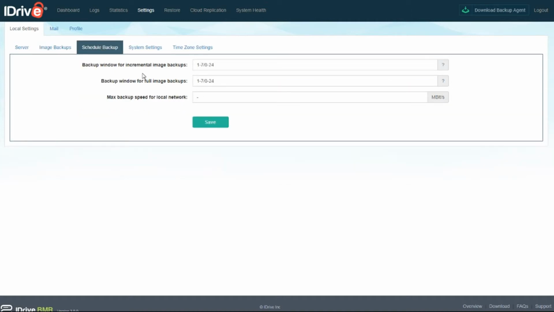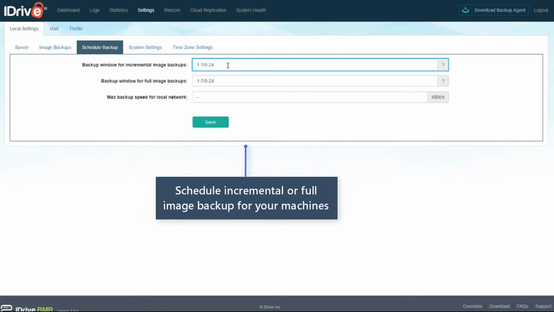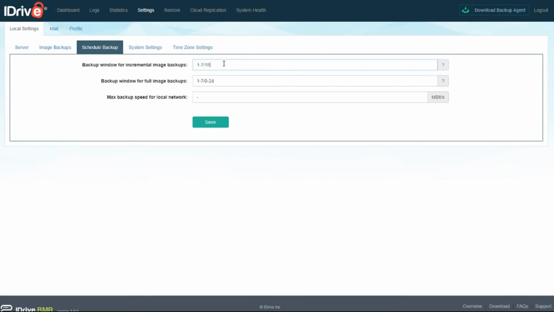Here you may want to adjust the backup window for your clients. By default, machines are allowed to back up at any time of day. However, if you wanted to allow backups only at night, for example, you could enter something like 1 through 7, 18 through 6. The format of this value is the first grouping of numbers corresponds to days of the week,